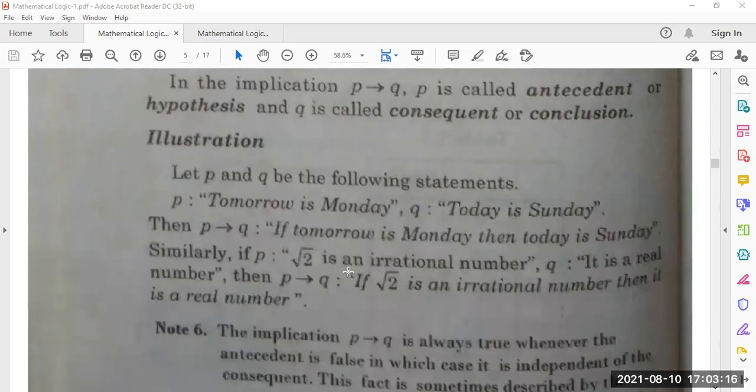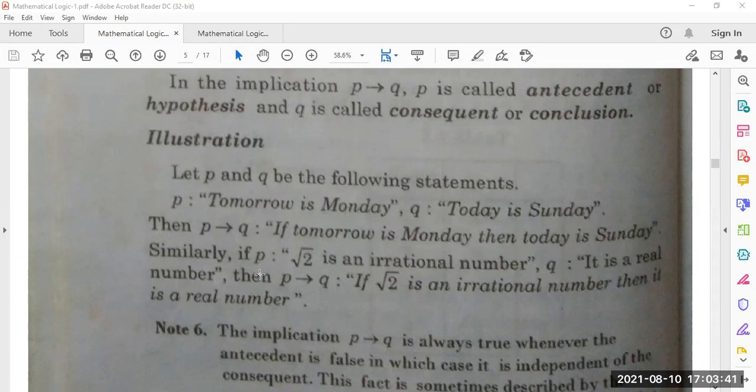Here some examples are given. Let P and Q be the following statements. P: tomorrow is Monday. Q: today is Sunday. So if today is Sunday, then tomorrow is Monday, or tomorrow will be Monday if today is Sunday. If tomorrow is Monday, then